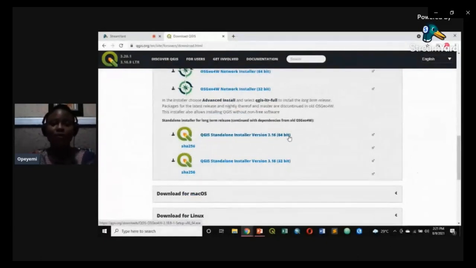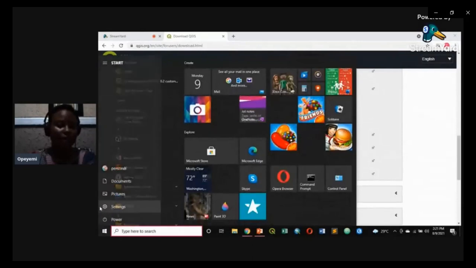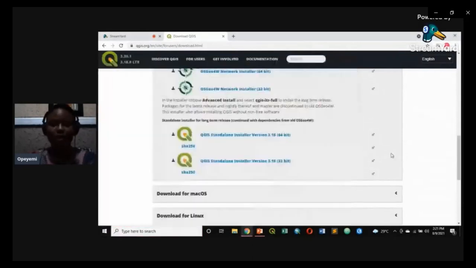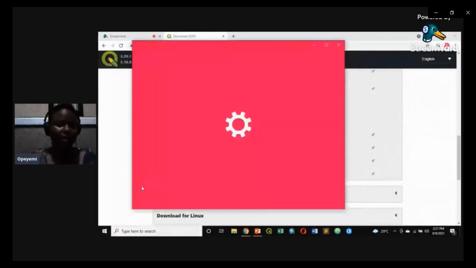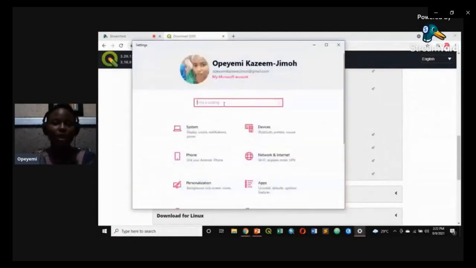If you want to download for a 64-bit laptop like myself, most laptops are 64-bit, but if you want to be sure, you could go to your laptop properties. I could give you an illustration of that quickly. For example, if you're using Windows 10 like myself, you could just go straight to the settings. When you go to settings of your operating system, go to system, then from system,